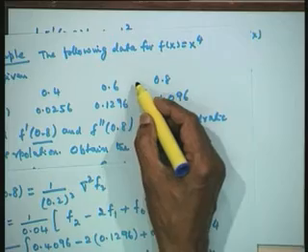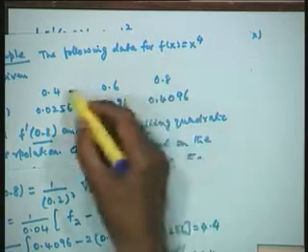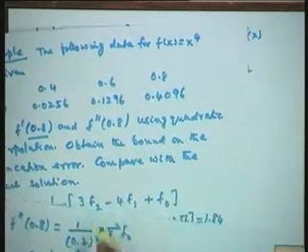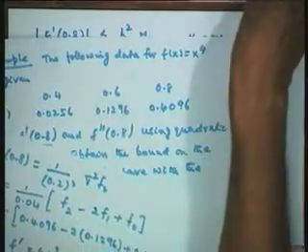Therefore, given data, and the point at which we want the first derivative or the second derivative: if it is at the beginning of the data, we shall use the forward differences. If we are at the end of the data, we shall use the backward differences. And using this formula, we could have computed the numerical solution not necessarily at 0.8, but at any intermediate point also, but then we shall be using the original formula that we started with.